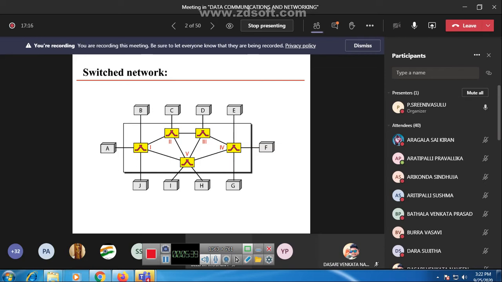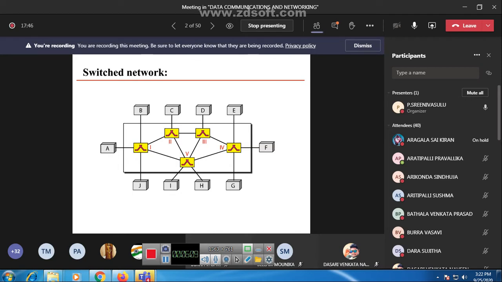So here, between A and B, we used one switch. So if you want to communicate between A and B, we have to use only the first switch. Otherwise, if you want to communicate from A to C, the path will be established from A through the first switch and the second switch, and finally the information will be delivered to the C system.